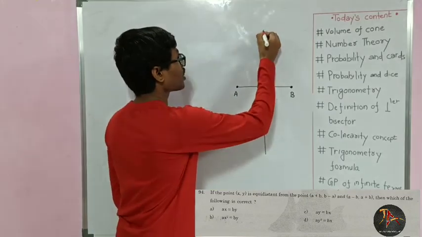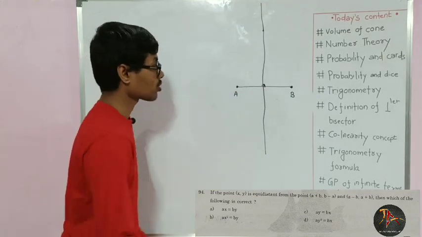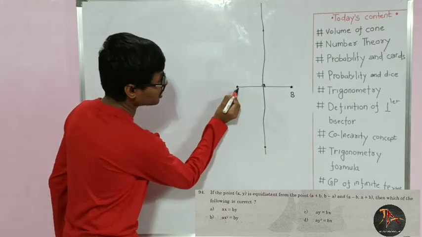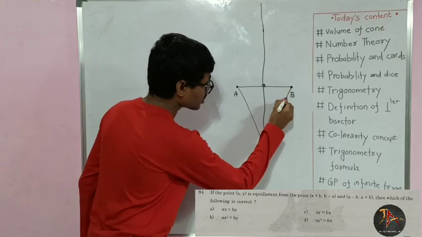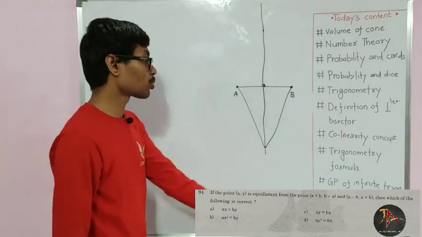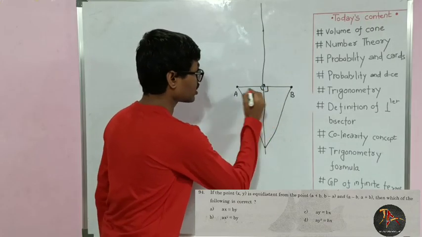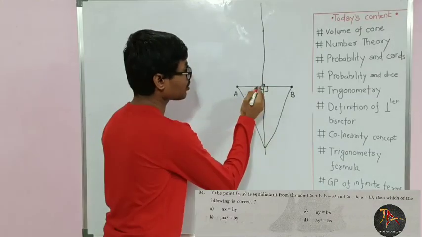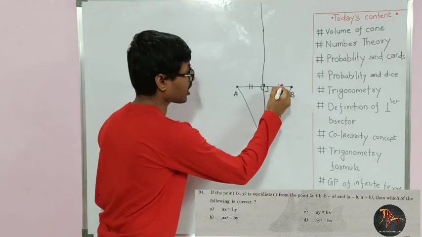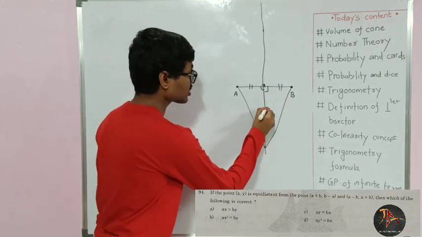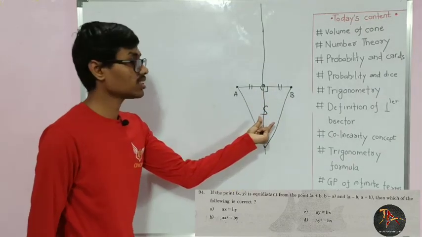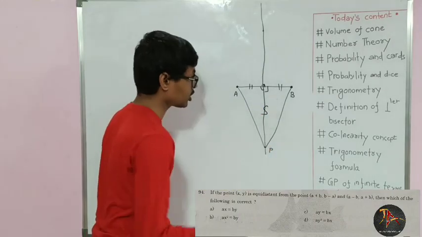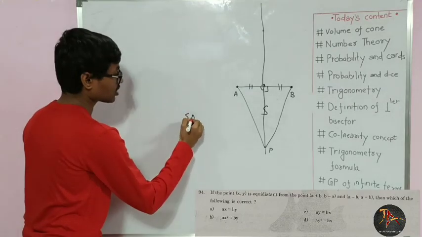If we take any point on this line, suppose I take this point, so if its distance from A and distance from B are equal, I will prove it. Now this is 90 degrees, this is also 90 degrees since it is perpendicular. Now since it is a bisector, this side and this side are equal and this side is the common side. By the SAS test, suppose I take this point as P.